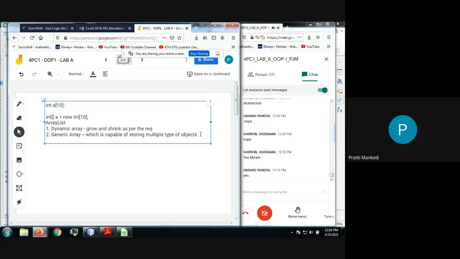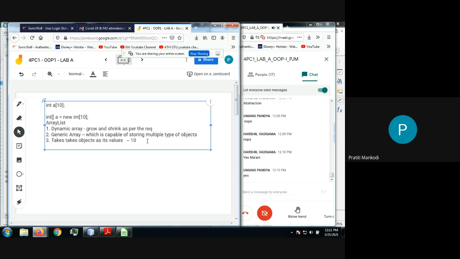Clear? Yeah. And one more thing I would like to add here is that it takes objects as its values. So if you want to store something in the array list, you are supposed to store it in the form of objects only, right? It does not store the primitive data type as it is. ठीक है, मुझे अगर 10 वैल्यू स्टोर करनी है, तो as it is I cannot store 10 value inside the array list.